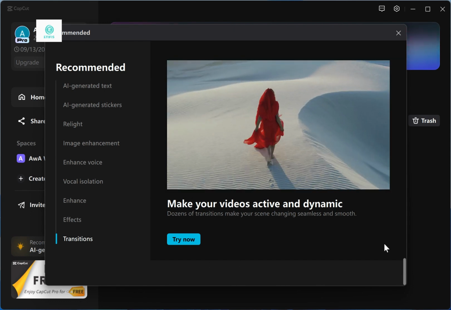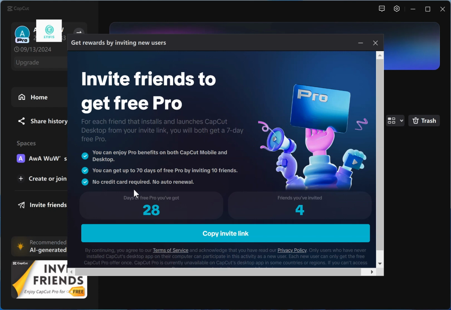Fortunately, CapCut offers us the opportunity to try all of these pro features through their referral program, for each friend that installs and launches CapCut Desktop using your invite link. Well, I'm here to help you share your invitation link and reach more people who might be interested in this